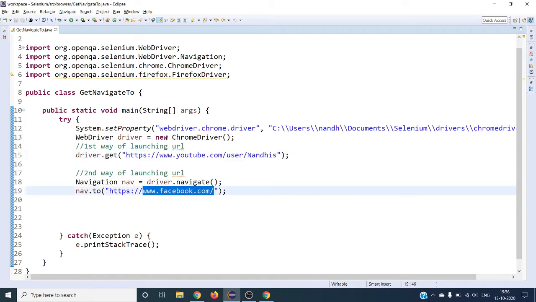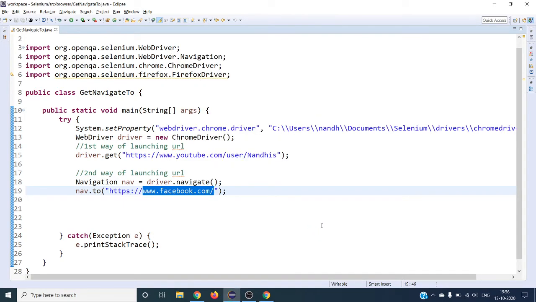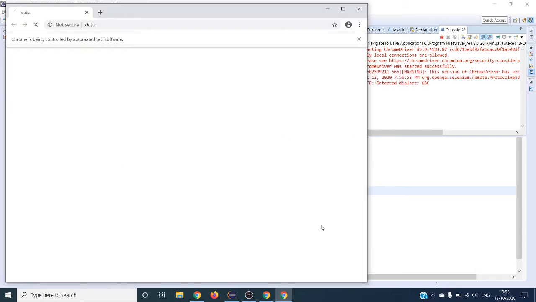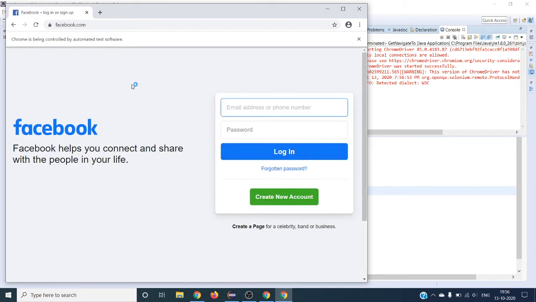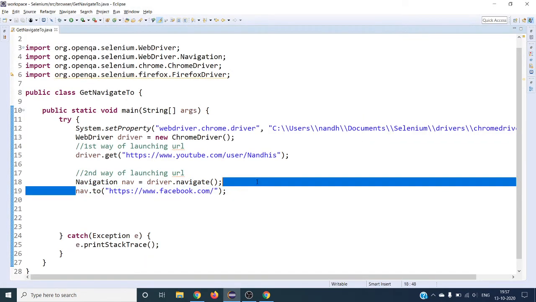So these are the two different ways that you can launch your application URL. Let's see what will happen. You can see the website has changed from YouTube to Facebook. So that is the second way of launching your URL.